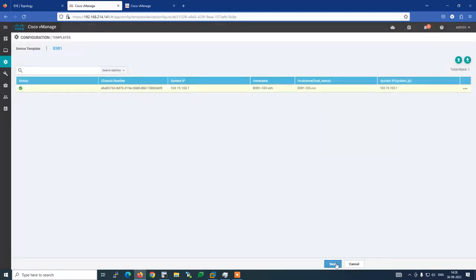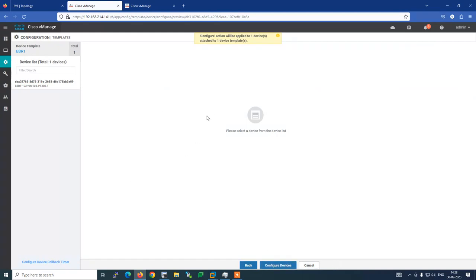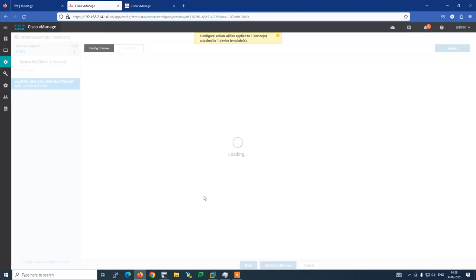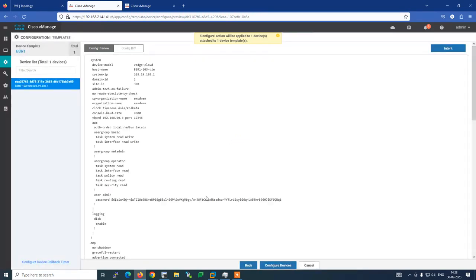update, go to next. Now at this stage we can check the configuration, what we are going to push. At this stage we have the option to check. So this is the configuration we are going to push. But if we want to check what is the difference between previous and current configuration, we can check from here,